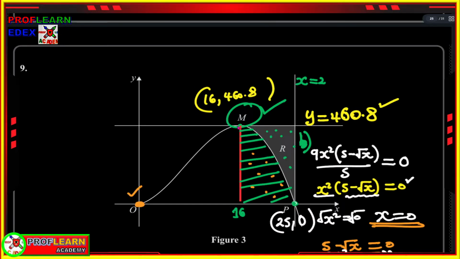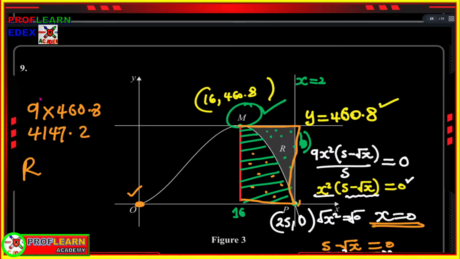Then we need to find the area of the whole rectangle. You can find the area, so that it will be 25 minus 16 times 460.8. 25 minus 16 is 9, so it will be 9 times 460.8, and the answer becomes 4147.2. So the area of R is going to be equal to